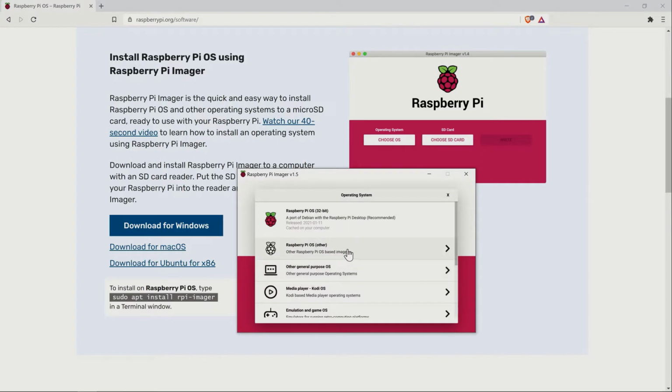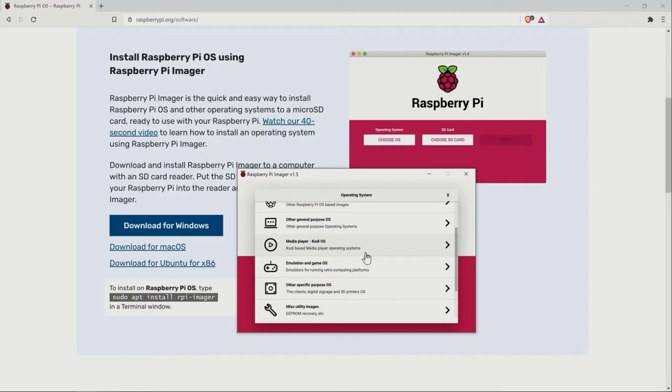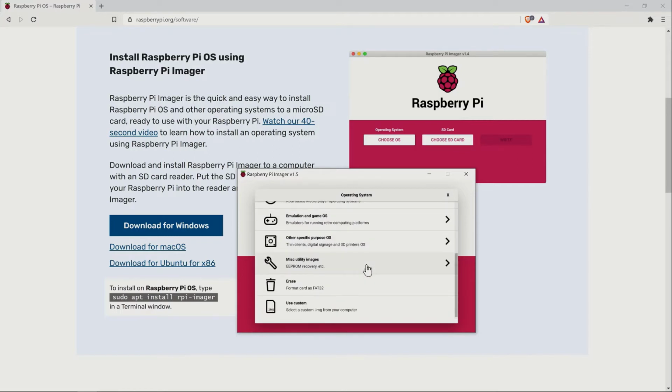From here, we see that there is quite a variety of options. We can choose different types of Raspberry Pi operating systems, which we will go through later. We can also choose some other operating systems, such as game operating systems, for different purposes. This is not something interesting to us. And in case you want, you can also specify your own custom image, for example, of Ubuntu, which you have